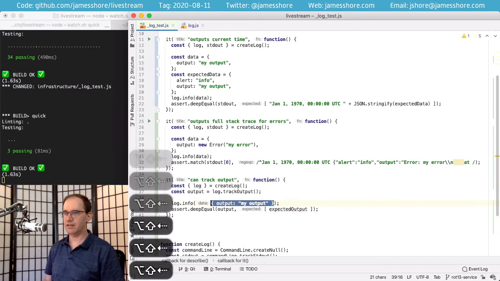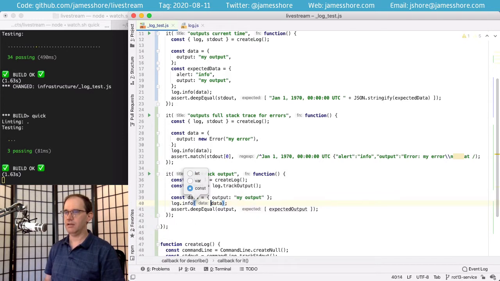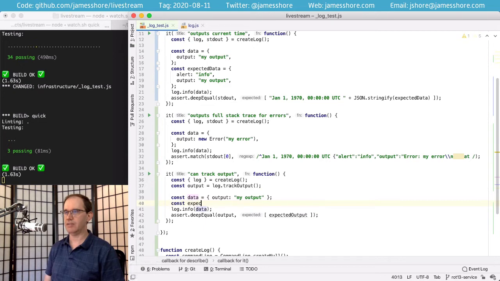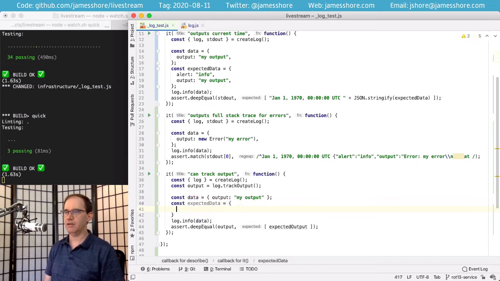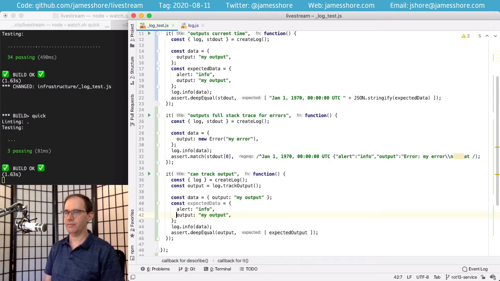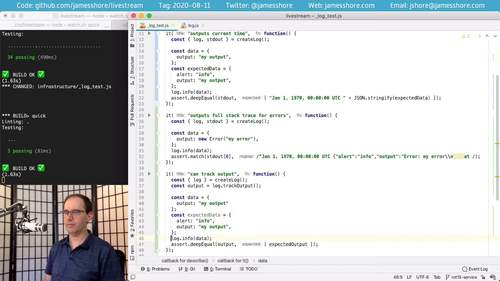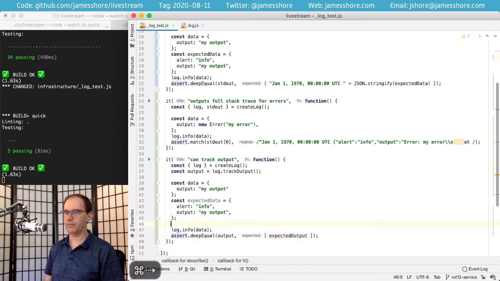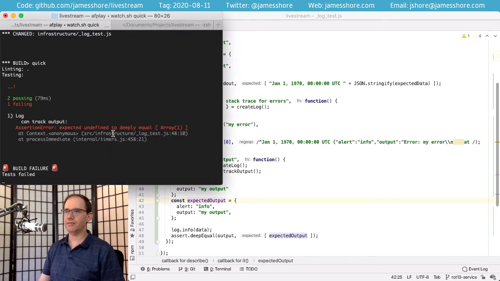And in fact, let's take this and make it our data, and then we'll have expected data, which is going to be the alert of info and the output of my output. And I guess I'll name this expected output. I don't know if I like expected data or expected output better. So we're expecting something to come out, but obviously it's not.